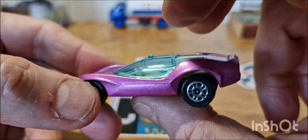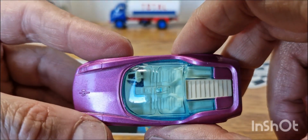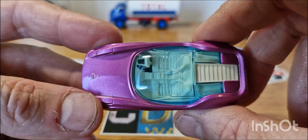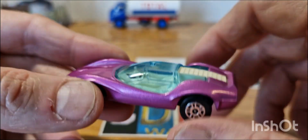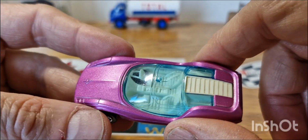Now, I'll explain something. I always tend to open everything that I buy. I just can't help myself. I've always been an opener. Even with some of the rare vintage Matchbox, I tend to open them because they're for me, for my collection. When it comes to the Corgi Juniors and the Whiz Wheels, if I find them boxed, I don't tend to